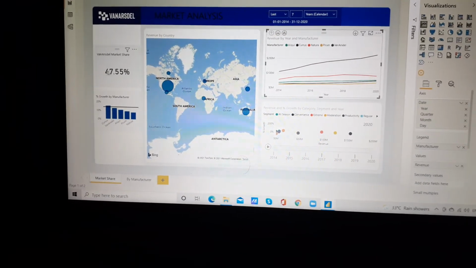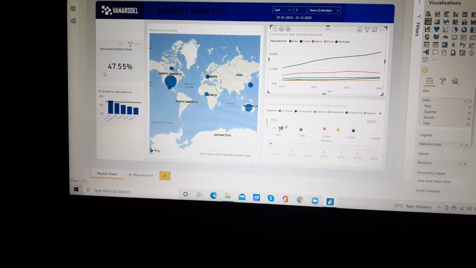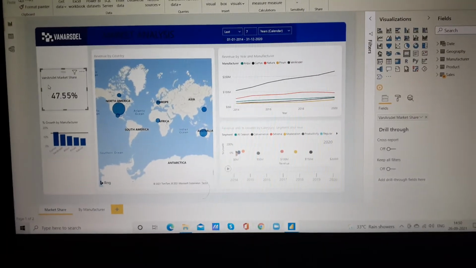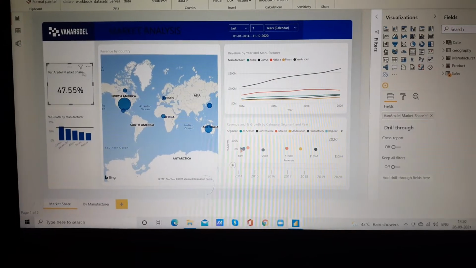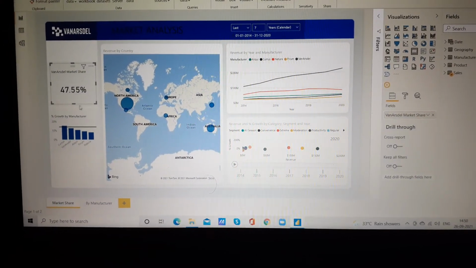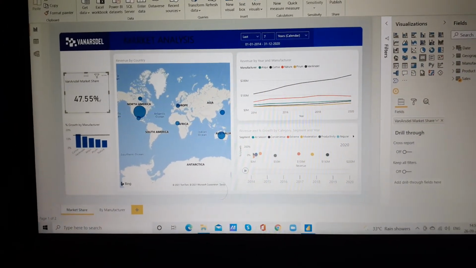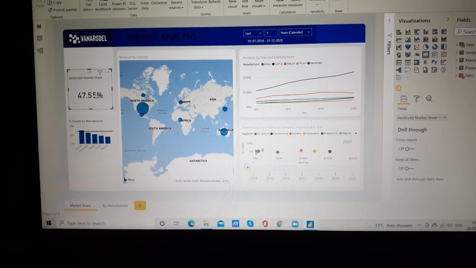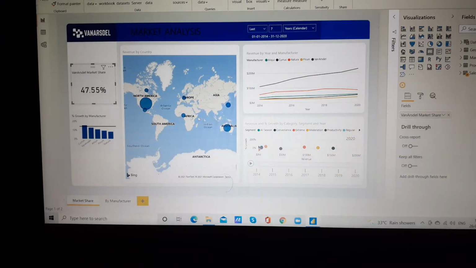Now I will come back to this card visual, right? So what is the actual market share of Van Diesel? It is showing here 47.55%, correct, for Van Diesel.